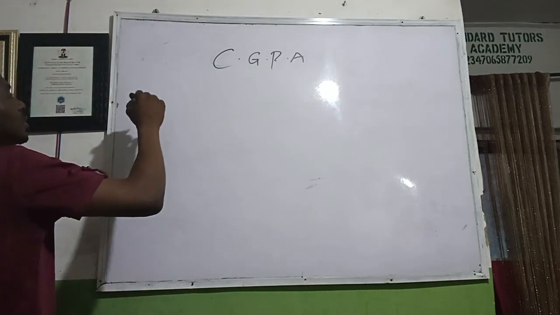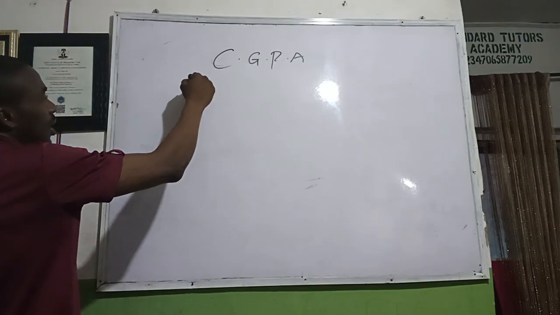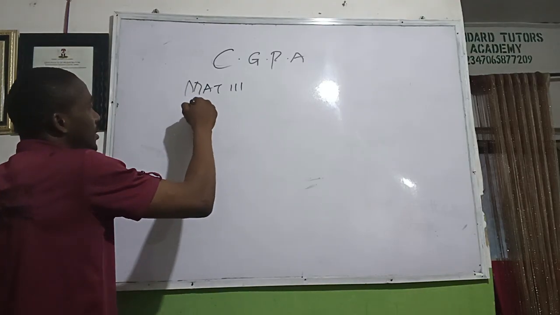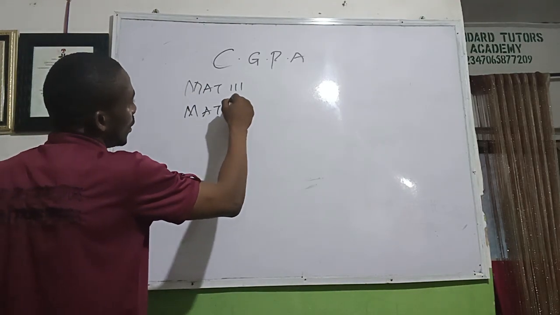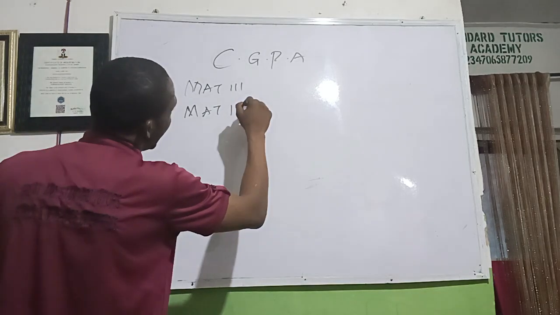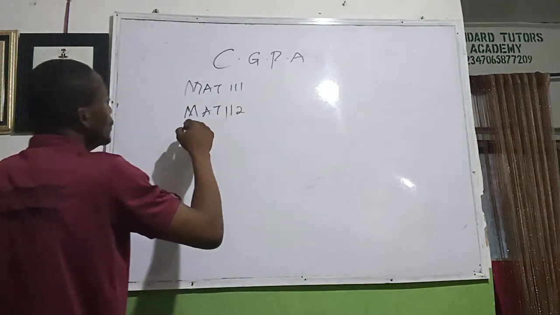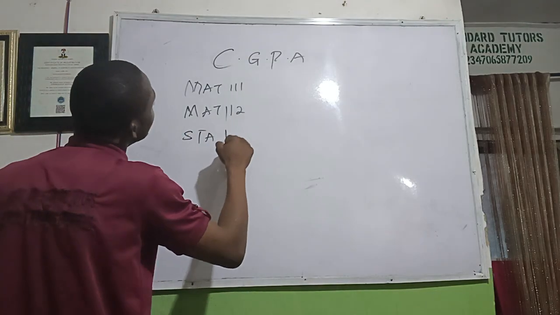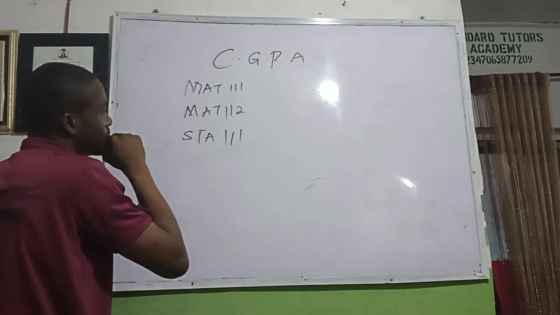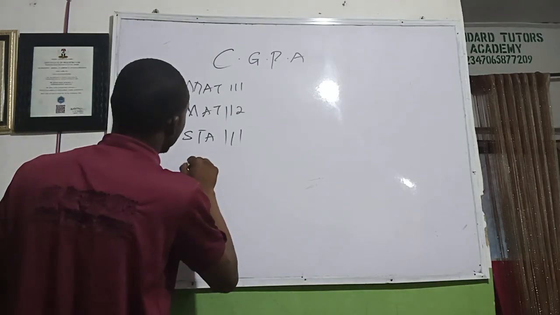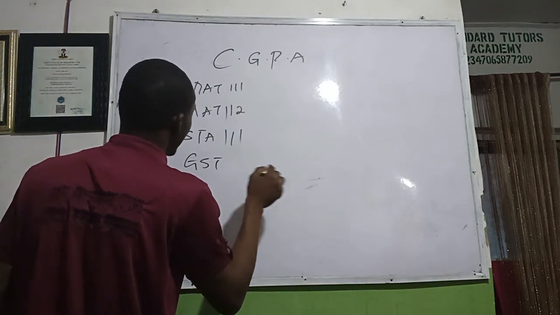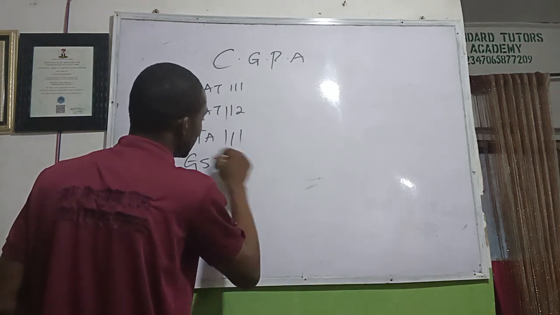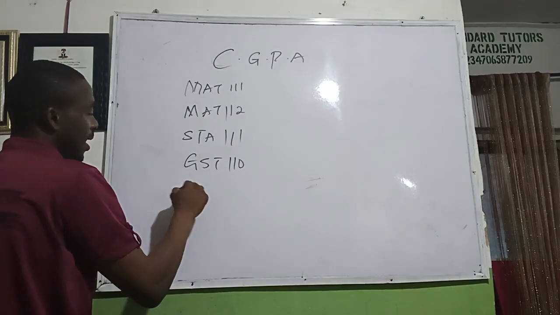Glory be to God. So now we have Math 111, Math 121, Math 112, Stat 111, and GST 110. You can put any code. We have Chem 111,